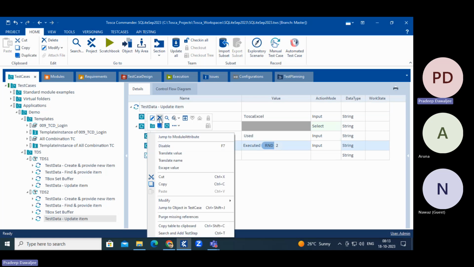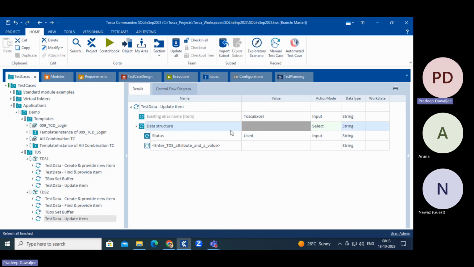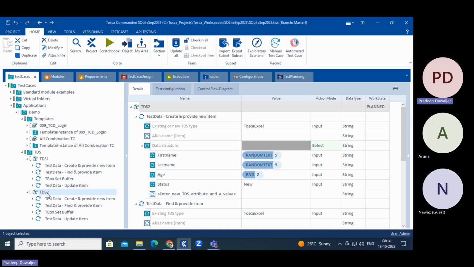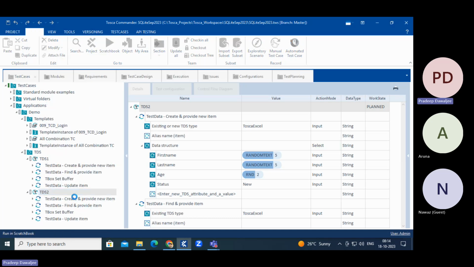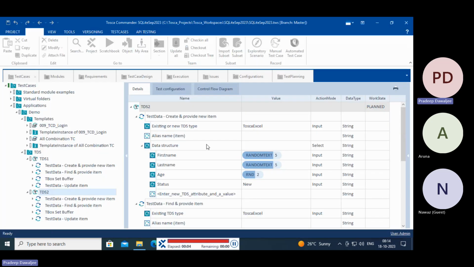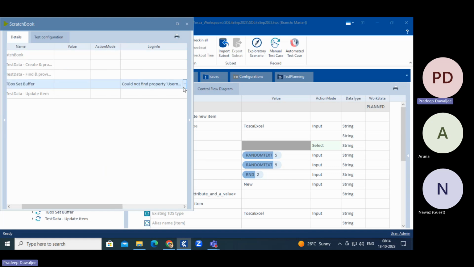I just don't want these checks or something, so, used, or you can say read from Tosca, something. So I will save. Now, if I execute the whole test case, first thing it would do is create and provide. So in create and provide, we are randomly creating. Oh, okay. The column names I haven't changed. Sorry. So could not find, because